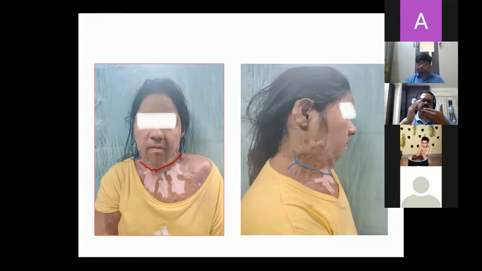Integra has got that dermal matrix. On top of it, there is a silicon sheet also. So you will have perforated silicon sheet, so that vacuum is actually holding to it. By around 21 days, this collagen part, that dermal matrix, would be infiltrated by blood vessels, and it would be nice and pink. So you remove your silicon sheet, and then you put your regular skin graft on top of it.